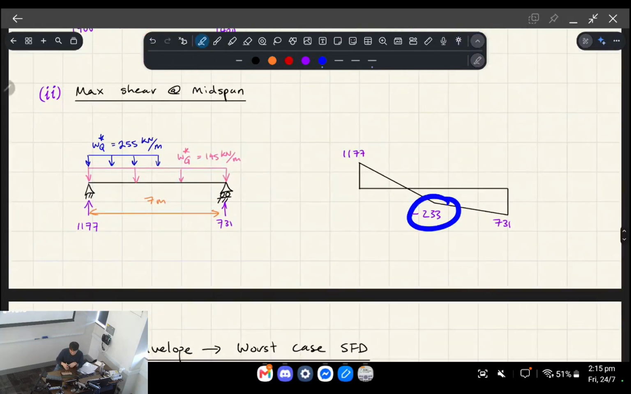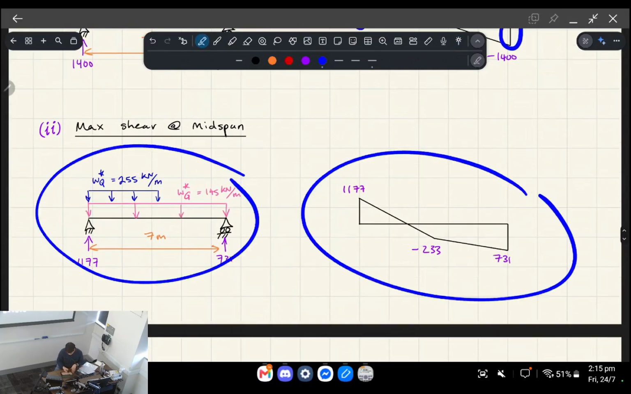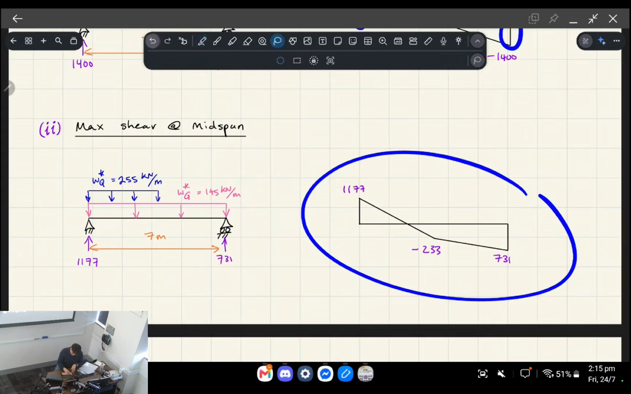So we want to find out the max shear force that the middle of the beam can experience, and the way we do that is by only allowing the live load to be applied on half of the beam at a time. Okay, so what you'll find is that this is the shear force diagram for this particular loading scenario, but and